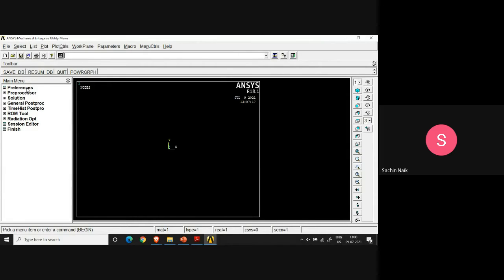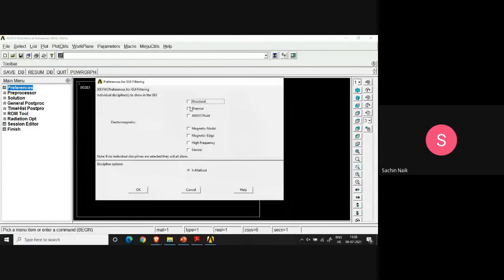Now in the beginning of any finite element analysis, you have to specify what type of analysis you are going to do. Since we are working on a plate subjected to load, and we are calculating the stress intensity factor value that is developed in the structure, it comes under the category structural. The other options are thermal, fluid, and many of you are aware of it already.